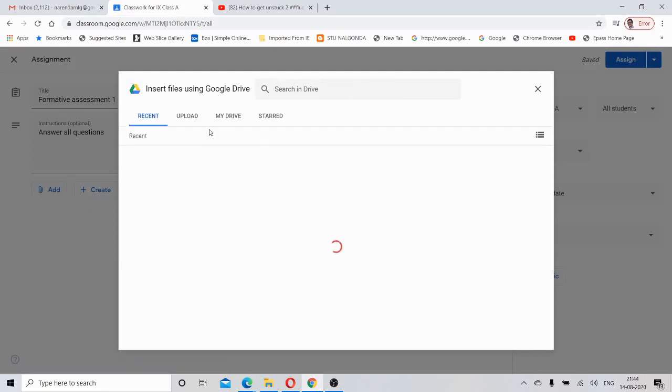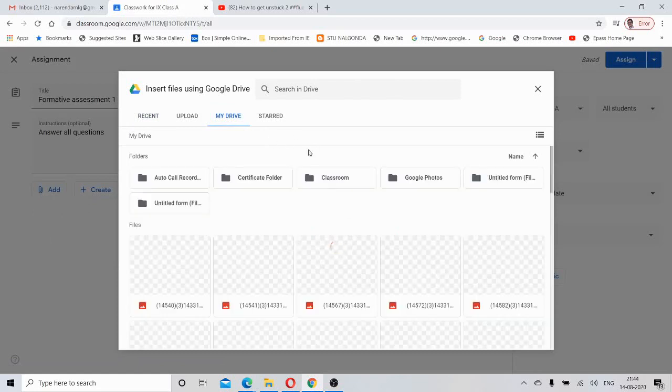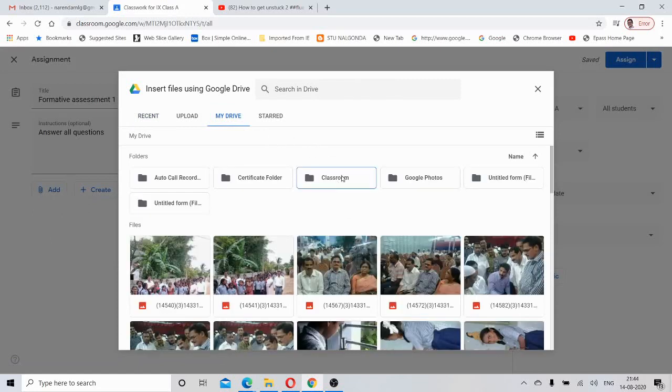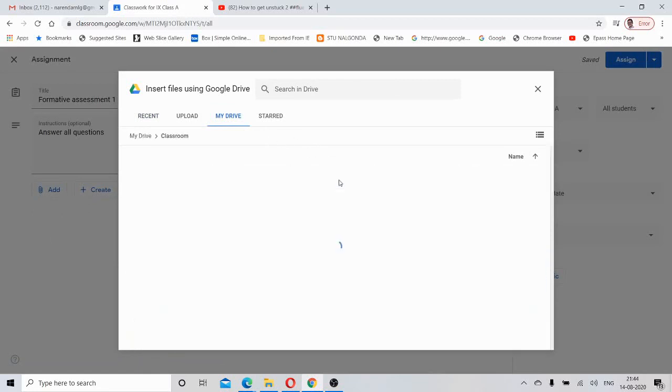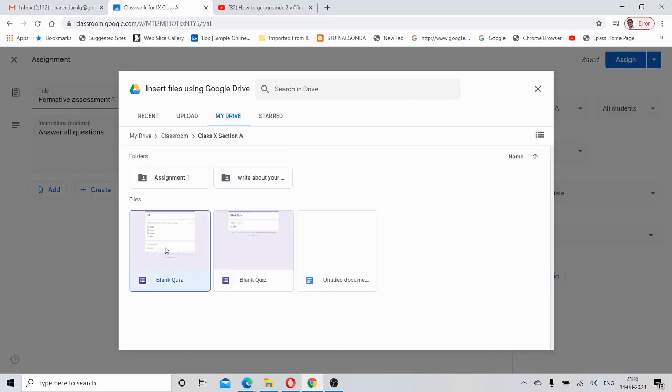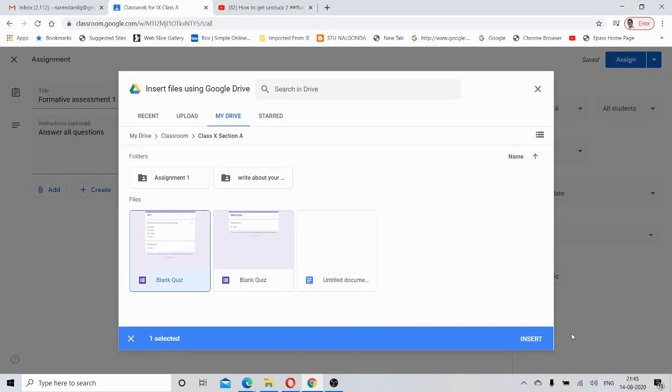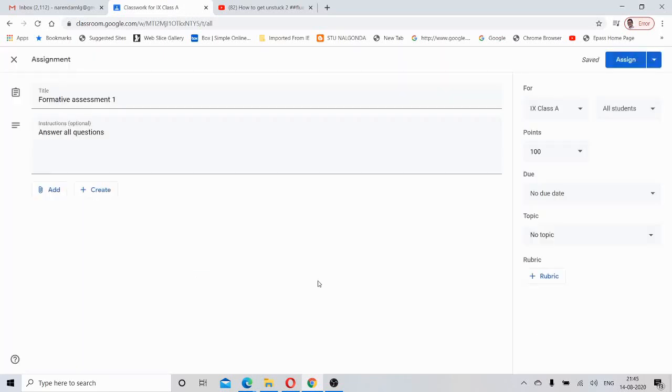Already there are some question papers in my drive, so go to my drive and find the source of your file. I have this in one of my classes, so I'm selecting the ready-made quiz. I'm inserting it. See here, I have inserted the quiz. In this way I can insert the quiz.